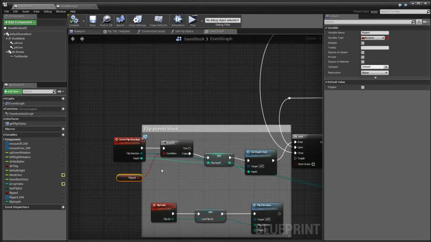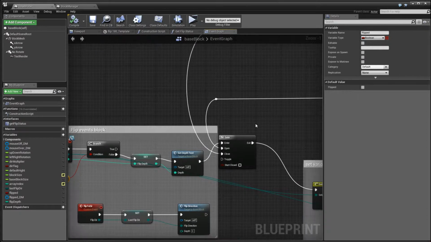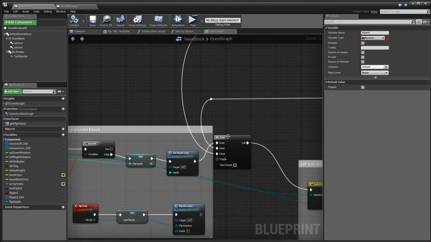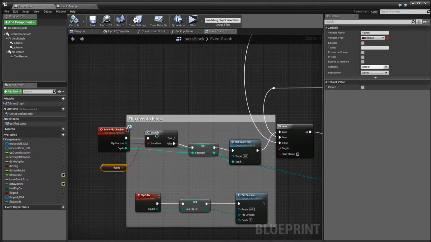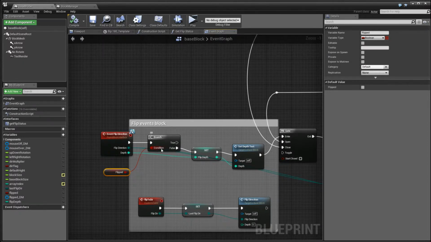It could actually happen, so you would flip the block twice, which defeats the purpose of using the gate. It would go through here and here, and then the gate opens, and you flip it again. So we don't want that.